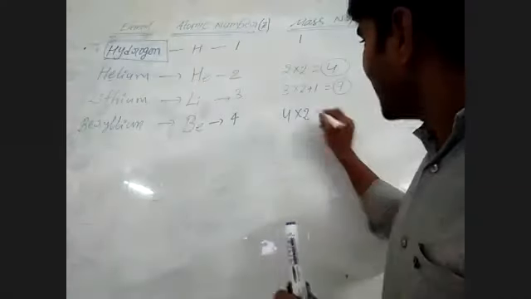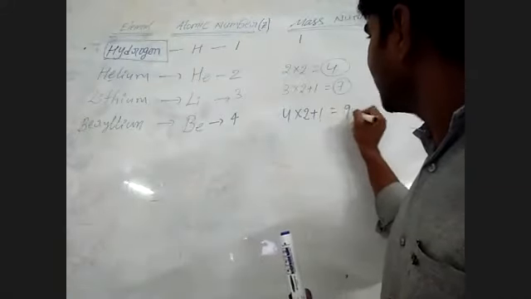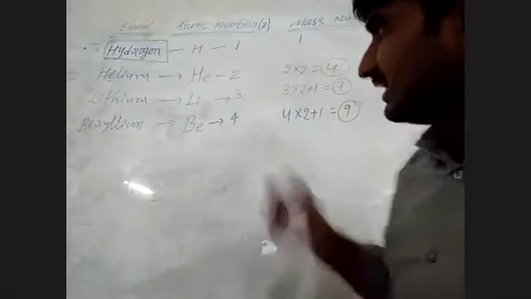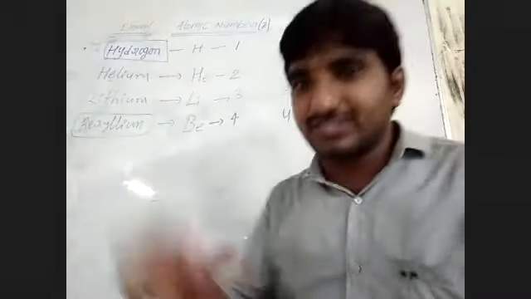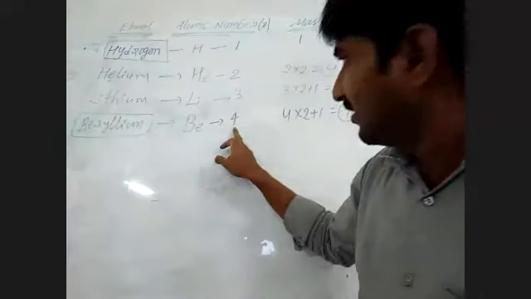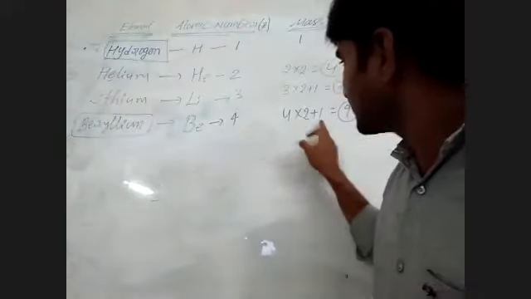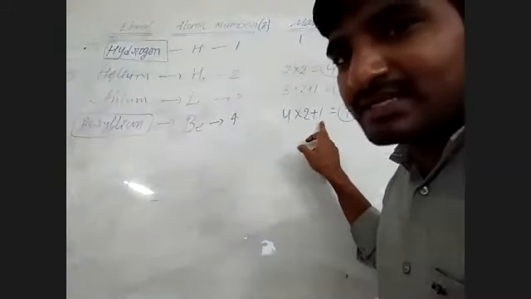Here plus 1. What is that you are writing here like this? Generally, I will tell you later. This is a stability of configuration change. Later, in the upcoming class, I will tell you. So these are exceptions. Beryllium 4 is an even number, but it uses the into 2 plus 1 formula. Why does it use the odd number formula? Some elements will be exceptions. I will tell you later.